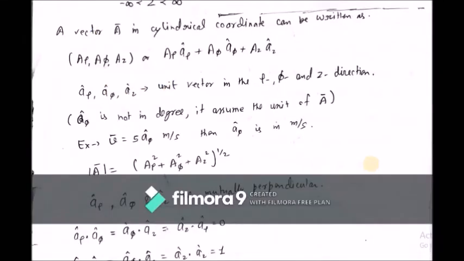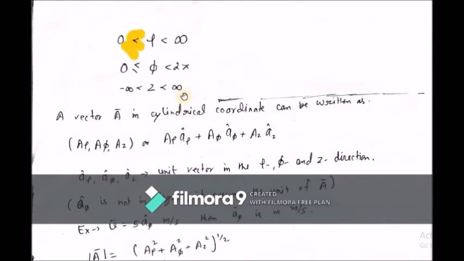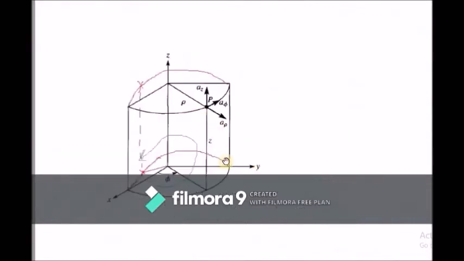where a rho, a phi and az are unit vectors in rho, phi and z directions. As I have just discussed about the limits on this rho, phi, z in cylindrical coordinate system, you can see this limit of phi from this figure also. Suppose this is the cylindrical coordinate system, and if the point is here, in that case this P can be projected here on xy plane, and this phi will be this angle here. So maximum phi can be from 0 to 2 pi, that you can see from this figure also, and this red line shows actually the back side of this cylindrical coordinate system.